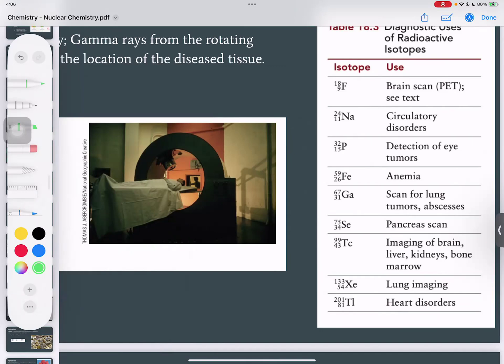In this way, the difference in glucose uptake and metabolism between normal and abnormal brain scans is seen, and they can map where the disorder or abnormality is. So there are a lot, and usually it is through